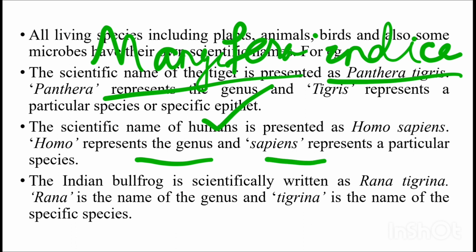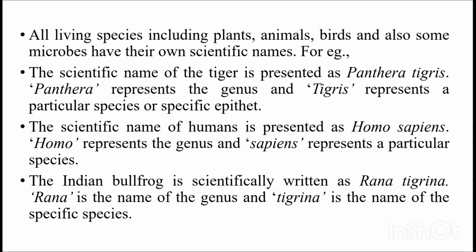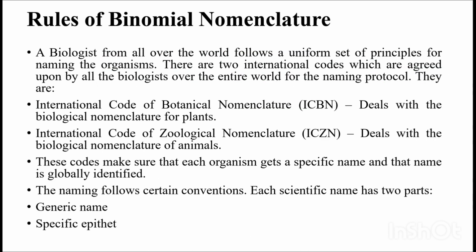The Indian bullfrog is scientifically written as Rana tigrina, where Rana is the genus and tigrina is the species name. Then, rules of binomial nomenclature. Biologists all over the world follow a uniform set of principles for naming an organism. There are two international codes which are agreed upon by all biologists over the entire world for the naming